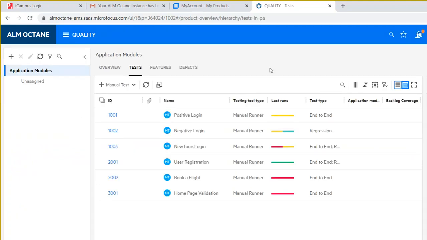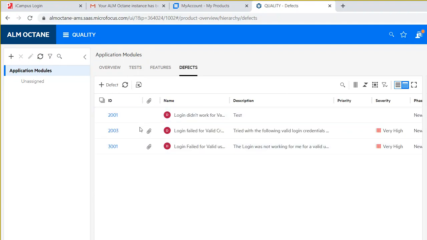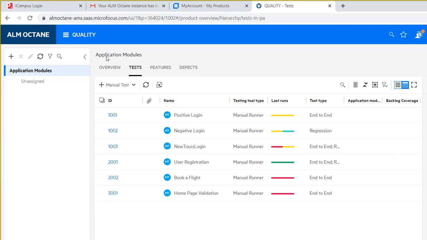in the quality tab you see all of the test cases that we have written so far. If you take a look at how many defects we have reported so far, these are the defects we have reported. Now if you go back to the test tab right here, Naved has written this test case a couple of days ago. This is the test case he has written. Now if I want to verify what the test case is,